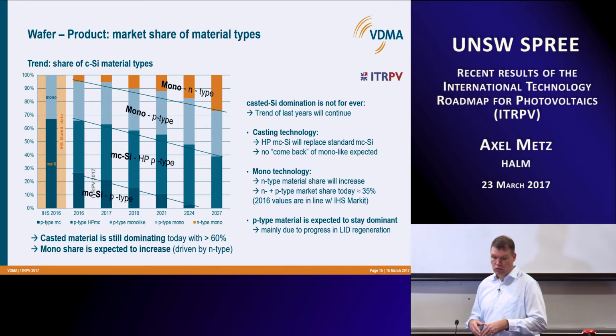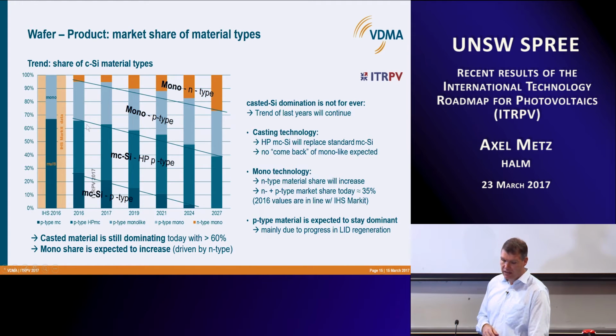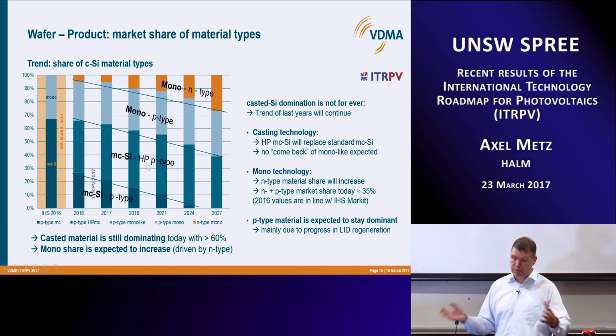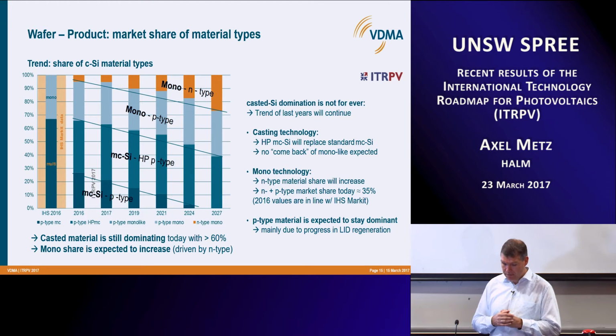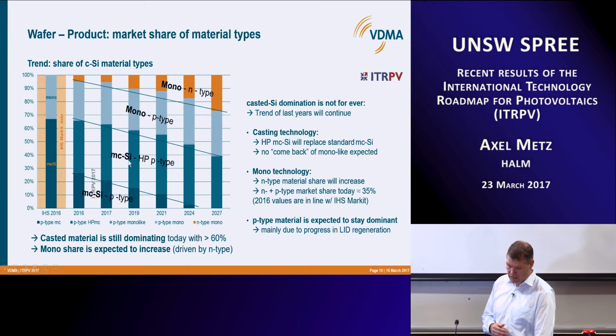Okay, so how do the wafer types share the market? Basically you can say around 65% is multicrystalline and the remaining 35% is monocrystalline. And there you have the old-fashioned standard multicrystalline, and here you have the so-called high performance with the small grains, where all the dislocations are basically collected in the grain boundary, and the material has a largely reduced density of dislocations. This took over the lead in market share, but then P-type mono remains fairly constant, and then